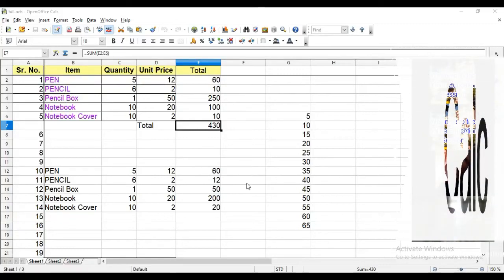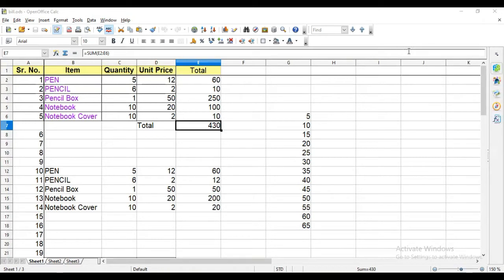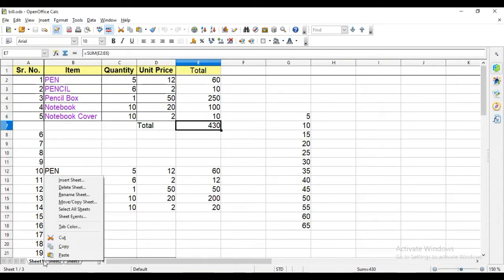This file we have already created, and now we are going to see the formatting and editing of this file. So the first thing that we are going to see here is how to rename the worksheet. When you right click here, this is sheet 1, 2 and 3. Right now we are in sheet 1. When you right click here, you will get the option